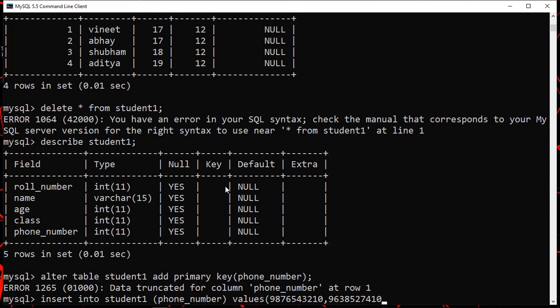Again it is 10 digits, and again 987321654, and then another phone number, let's write like this: 987654123, and then 0 also. Press semicolon at the end.